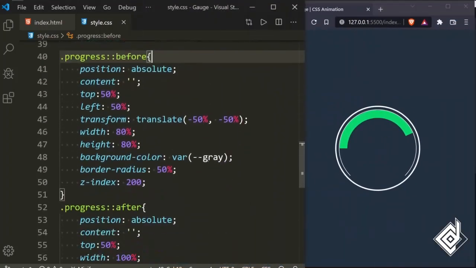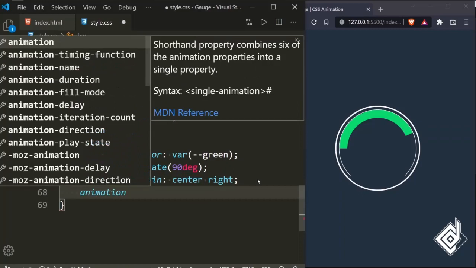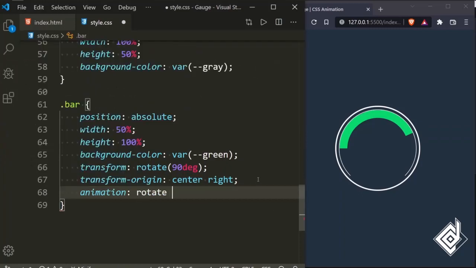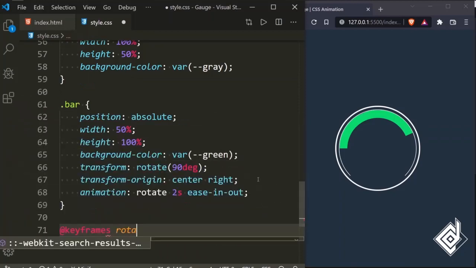Now for the bar class, I want to give animation. For the animation name, I'm giving rotate. For the duration, I'm giving 2 seconds. And also for the timing function, I'm giving ease-in-out. So let's give keyframe. For that, I'm writing add keyframe. I'm giving animation name rotate